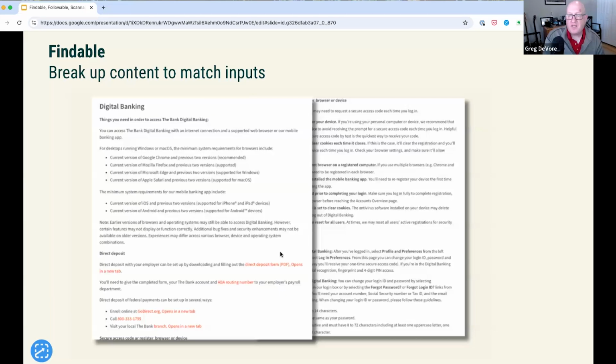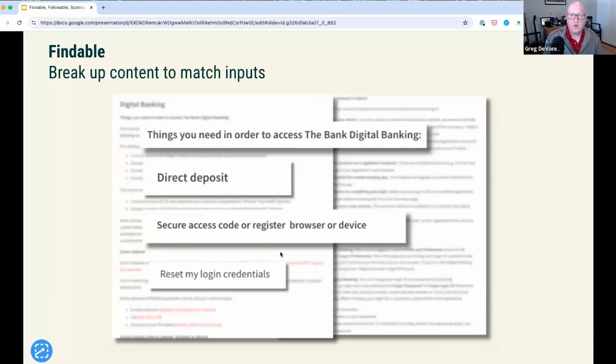But nobody's calling in and saying, tell me everything that I could possibly ever want to know about digital banking. They're saying, why am I not seeing this deposit online? Or I saw this transfer, where did that come from? They're asking specific questions.